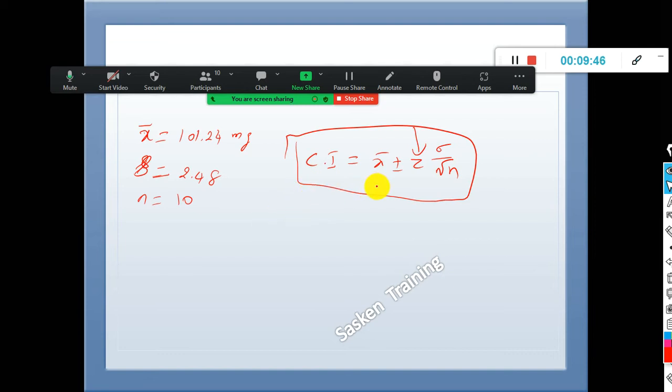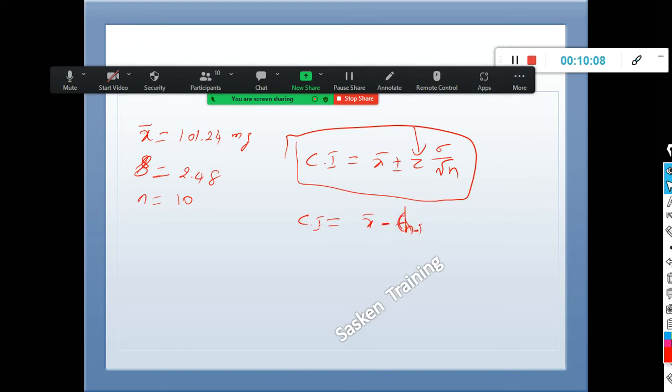But we do not know the population standard deviation, hence we cannot use Z. We need to use the t distribution. In the case of the t distribution, it is x bar minus t with n minus 1